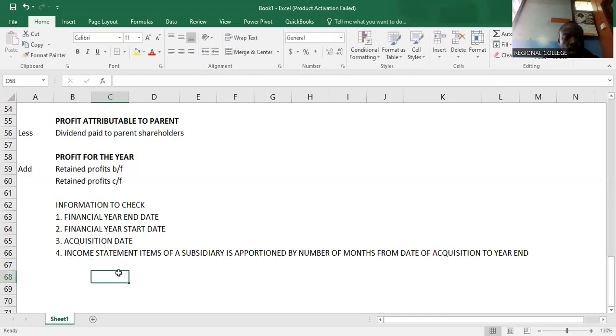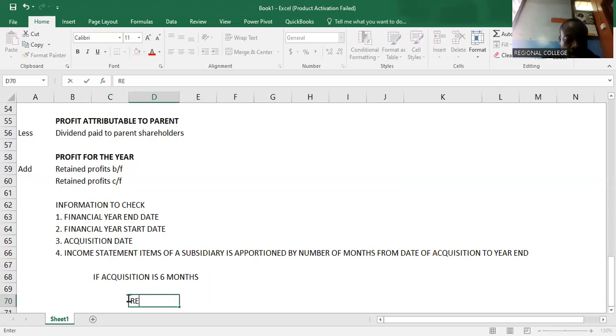So for example, if the acquisition is 6 months, just for example, that means if you have the revenues,